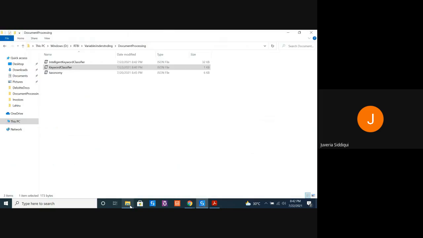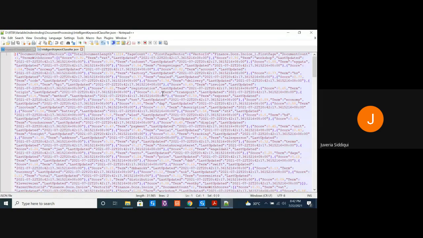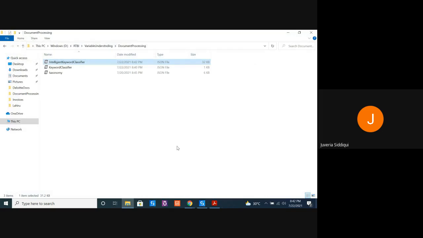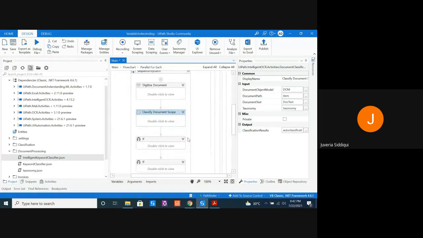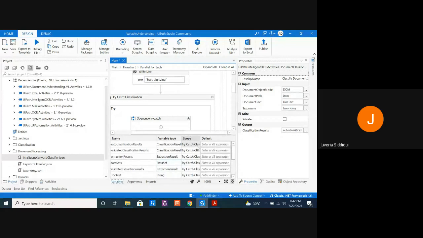Let's see back our document. It has to populate the same information. Done. Great. And this is for our keyword classifier, invoice date, address, cool. So we have this over here again. And it's in the sequence try catch. Yes.